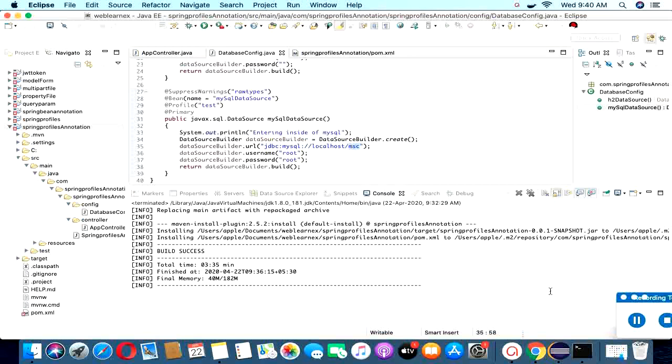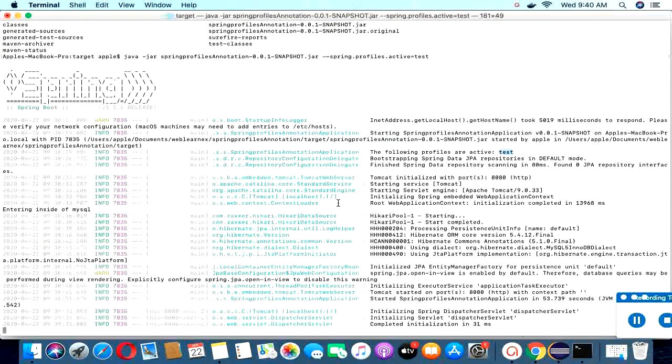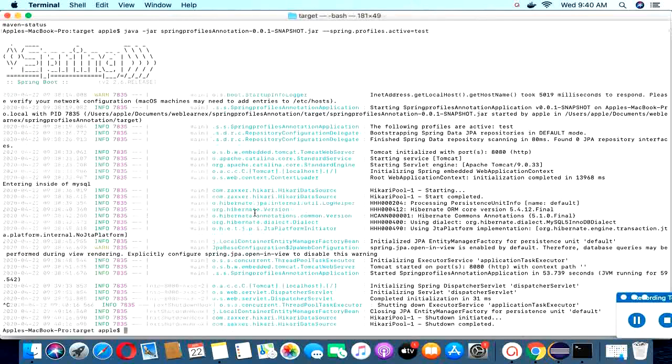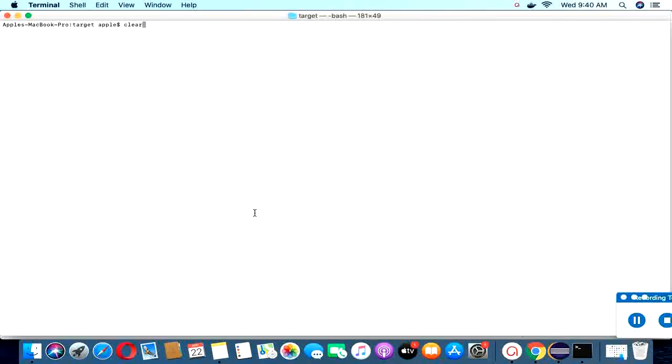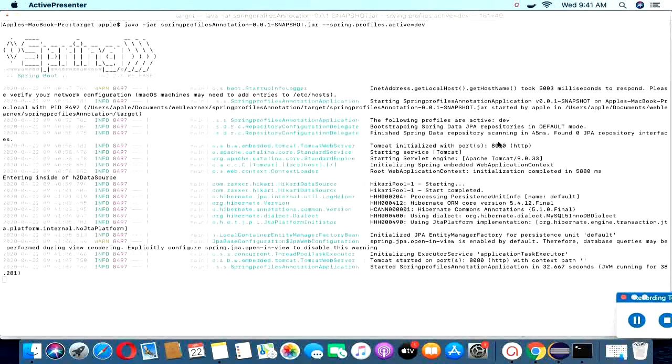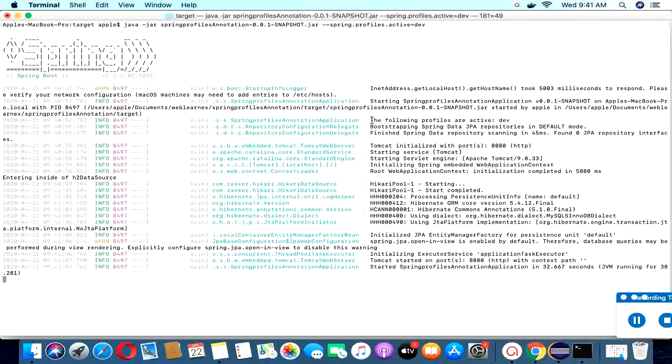So let me deploy for dev. Ctrl+C, I have killed the service, then clear. Then I need to deploy on the dev environment. Friends, you can observe here it is deploying on the dev environment, and I have passed one message, "entering inside of dev H2 database".